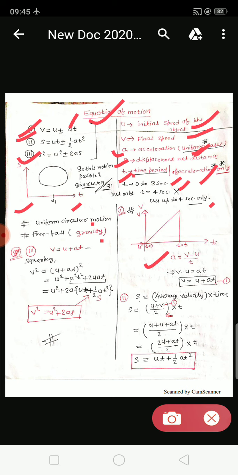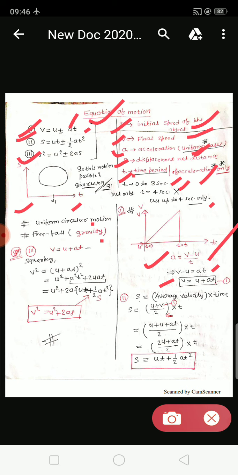The first thing I already told you is what acceleration is. I have discussed acceleration in the previous lectures, so kindly go through my lectures again. Acceleration is the change in velocity divided by time taken. Change in velocity means final minus initial. Here v is the final speed and u is the initial speed. So a equals (v minus u) divided by t, that is the change in speed divided by time. Mathematically v minus u equals a into t, because division on this side becomes multiplication on the other side. And from here we get v equals u plus a t. This is the simple first equation we got from the value of acceleration only.